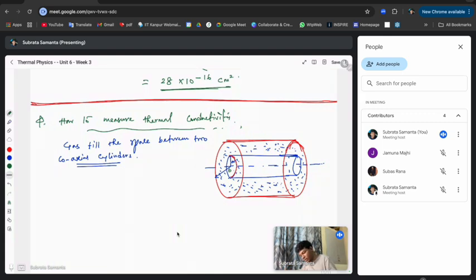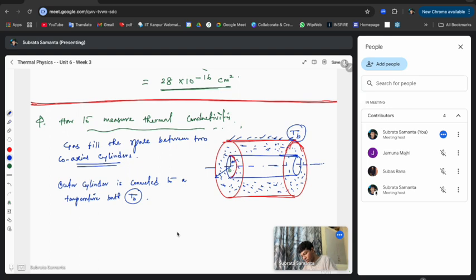And the outer cylinder is connected to a temperature bath, T_B. So the outer cylinder is connected to a temperature bath T_B, and the inner cylinder,